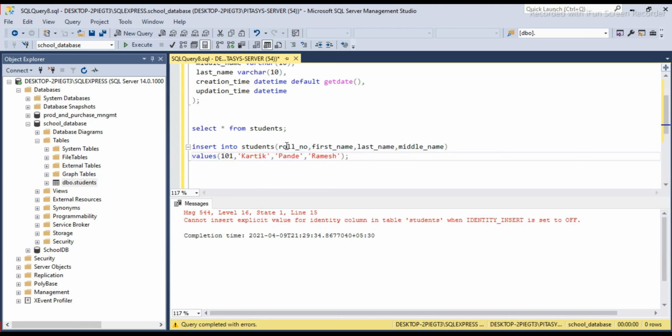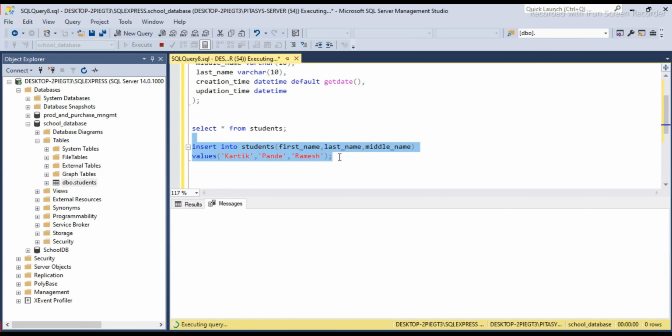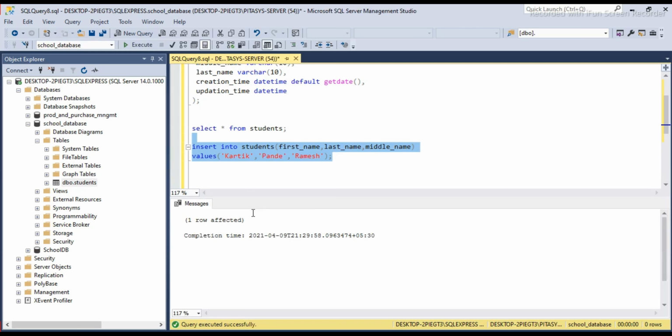Okay, now we are trying to insert roll number, but it is not allowed as we have set an identity column, hence we are not going to insert it. It will be automatically inserted and auto incremented. Now you can see one row is affected and the query is executed successfully.